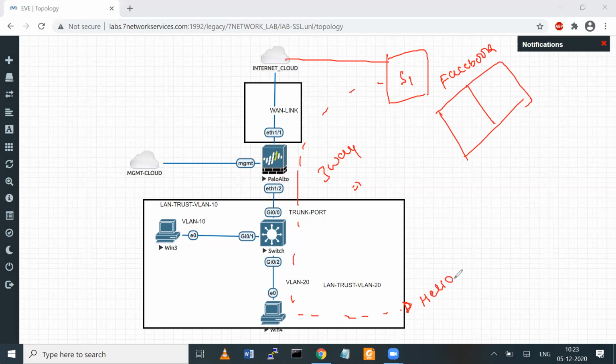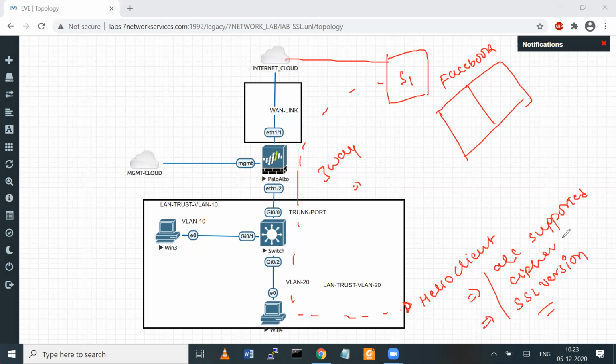Client Hello is just a packet which has all the supported cipher suites, means all the encryption methods which your browser supports, along with the SSL version, the version running on the client end. So in Client Hello we send all supported cipher suites supported by your browser along with the SSL version. So in response to this,